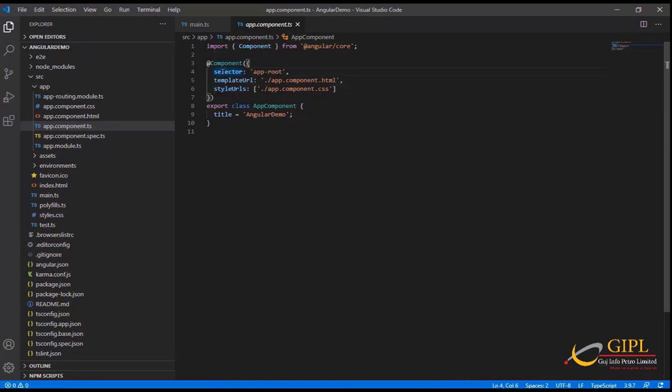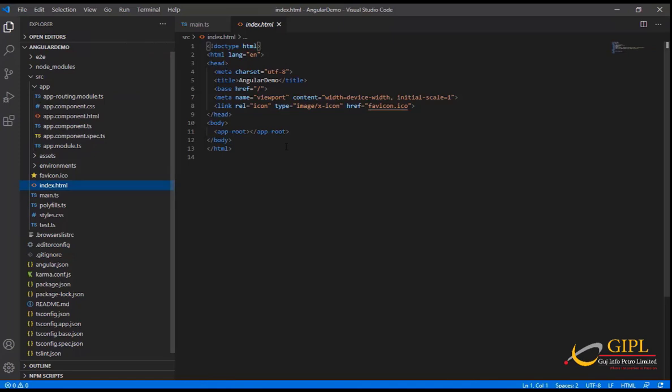Selector defined as app-root means when you hit the application, at that time the index.html file is run. It's a normal HTML file, and we do not see anything printed in the browser. Take a look at the tag in the body section, which is app-root. This is the root tag created by Angular by default. This tag has a reference in the main.ts file.